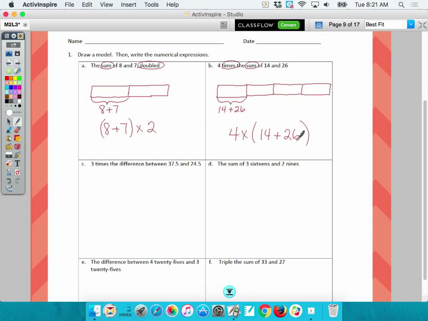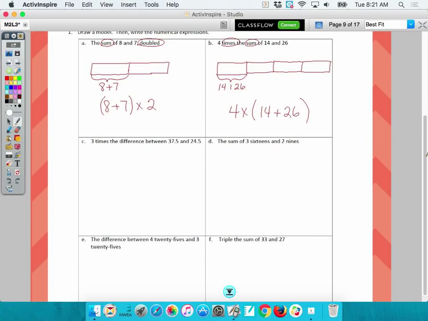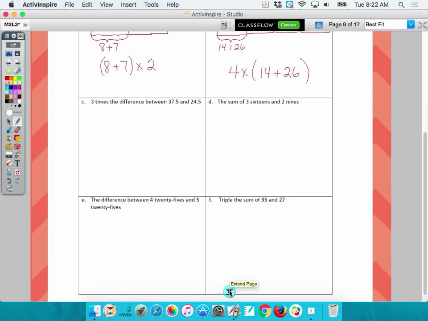Okay, let's take a look at 3 times the difference between, oh, we've got decimals. Can you do this? Yes. Okay, let's take a look at it. So 3 times the difference. First of all, what am I going to circle? Difference. Someone already told me difference tells me I will subtract. Okay. So 3 times the difference. Should we start with the difference? Yes. Okay. So on this one, we have 37 and 5/10